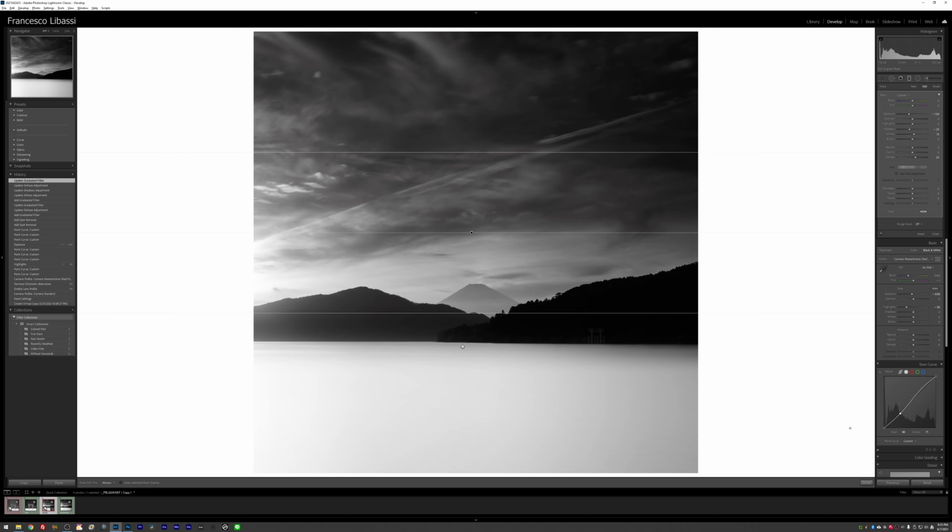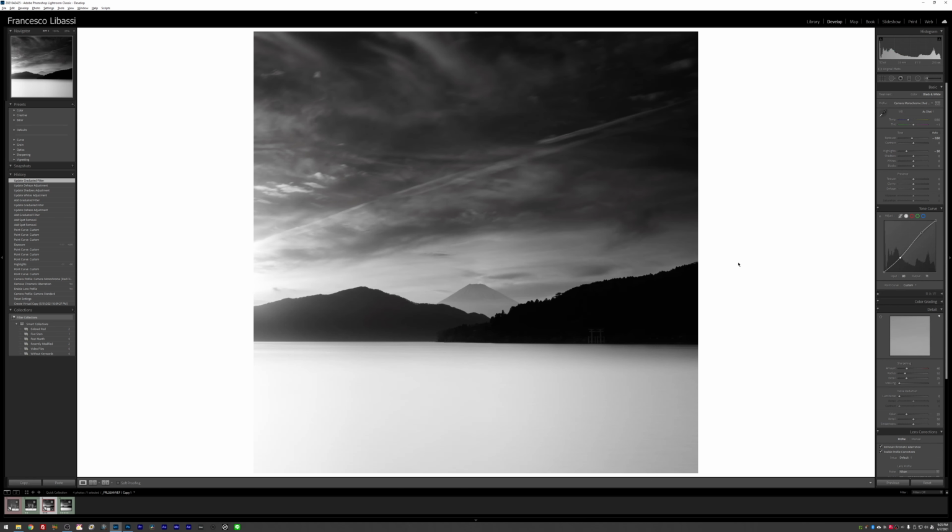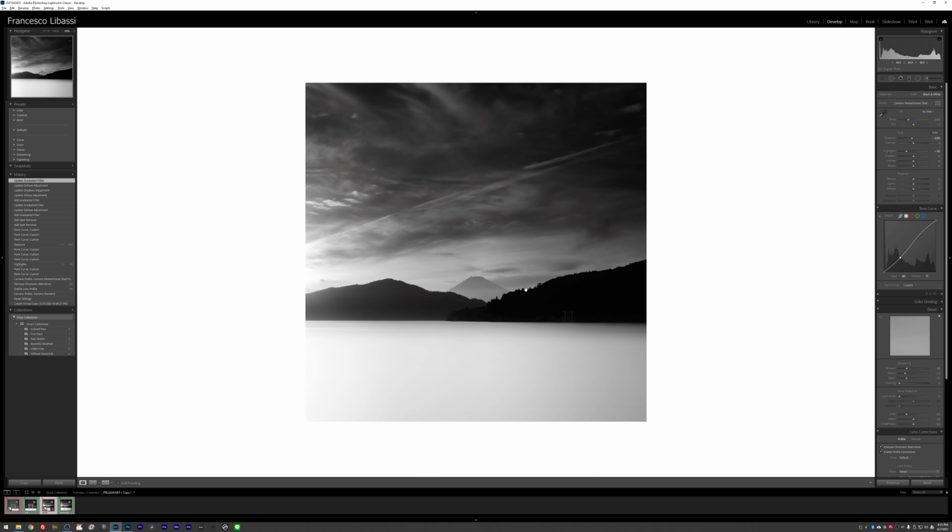Alright, so the image already looks much nicer. I think there's a couple of things that I still want to do, and let me zoom out a little bit more. I think I should have a little bit more separation in this middle ground here, because I can see a difference between these two lines of trees, but I cannot really see the gate here, and I kind of want to have this part a little bit brighter overall.